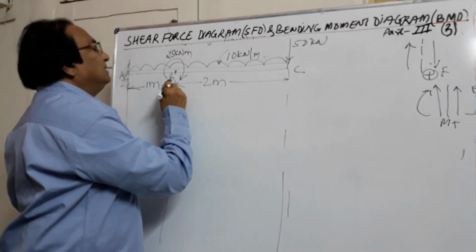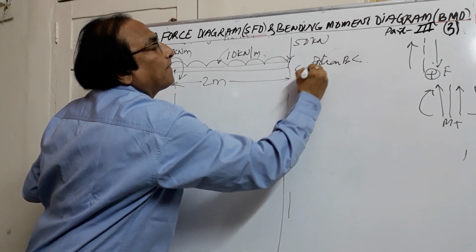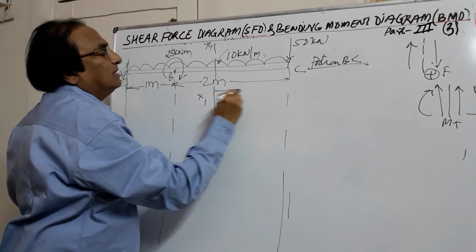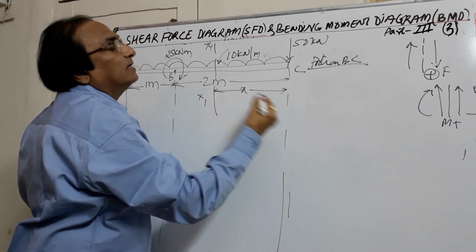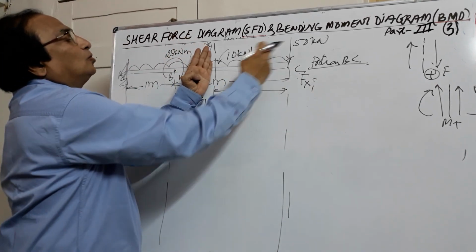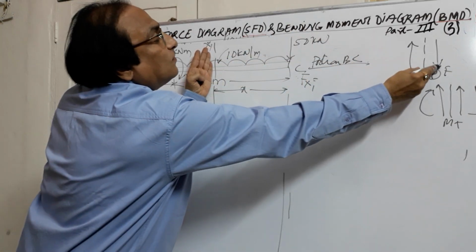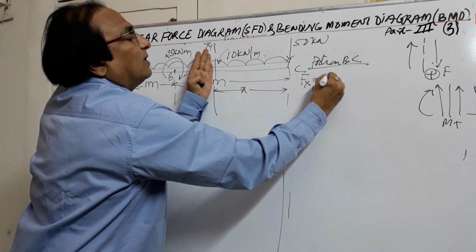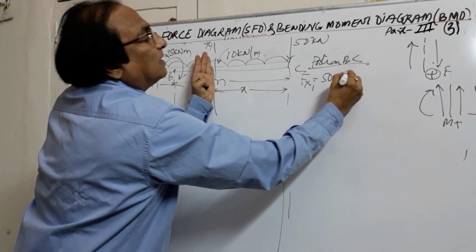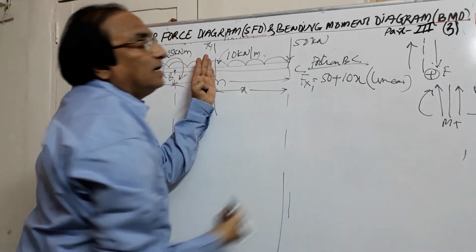So here let us begin with this last portion BC. That means I will consider a section x1 at a distance x from the free end. So shear force at x1, how many forces are acting on the right hand side? 2 forces. One is concentrated, another is UDL. Right down, shear force is positive, so this will be 50 plus UDL, which is 10 for a distance of x, 10 into x. X is to the power of 1, so it is a linear distribution.